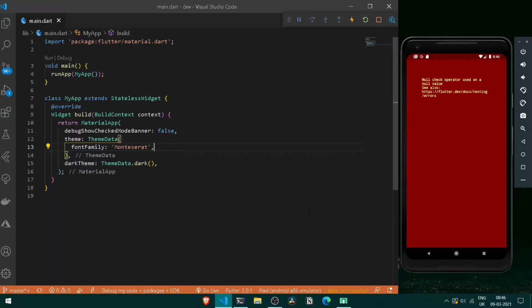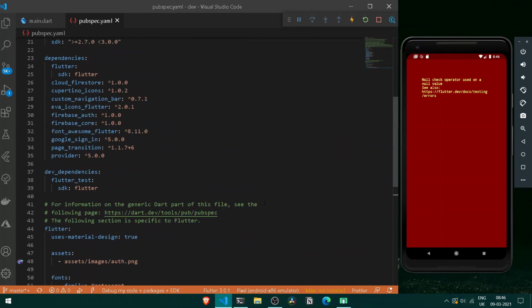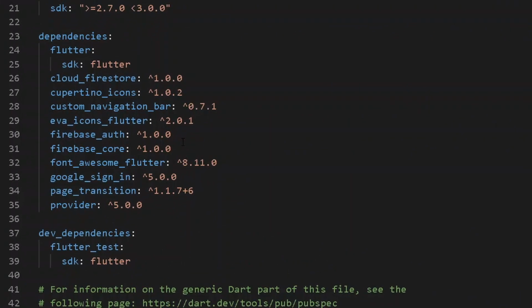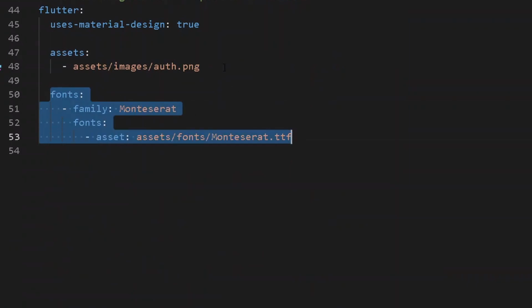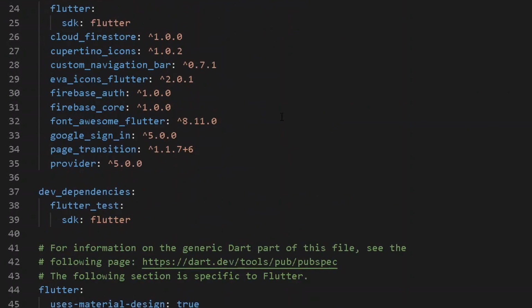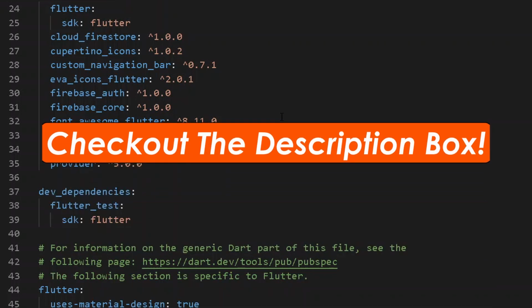A few moments later. Alrighty, welcome back. So while you were gone, I made a couple of changes. I removed the boilerplate code that Flutter uses, and if you see my pubspec.yaml file, I have added certain dependencies which will be necessary for us in phase 1 of the Dev community app, and also I have added some fonts and some images. Now I am telling you again and again, you will be getting all of the following assets under the description box. Don't forget to check them out.